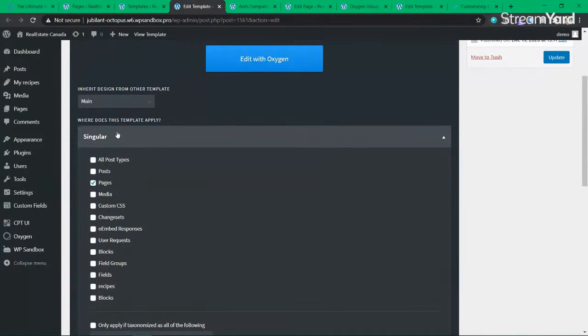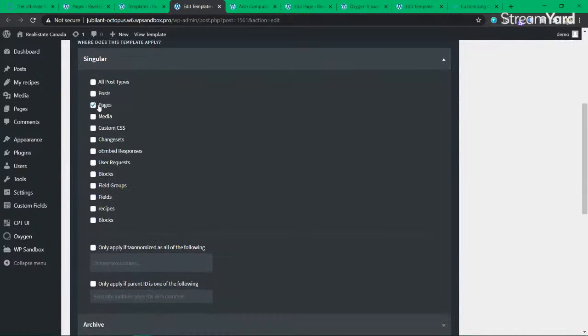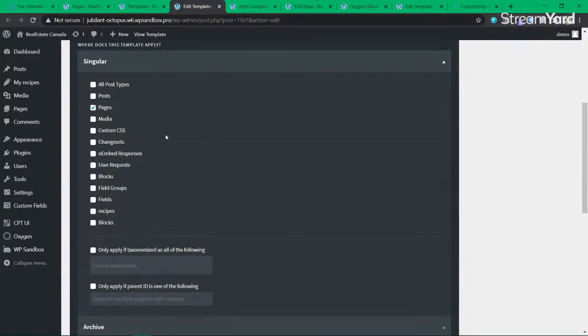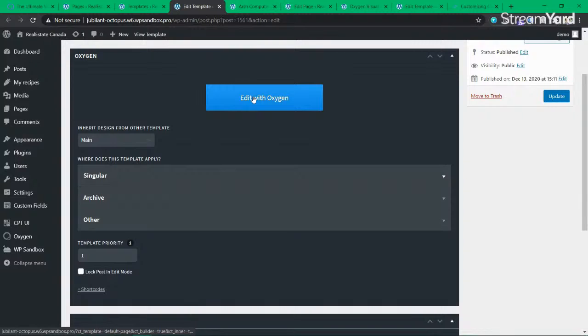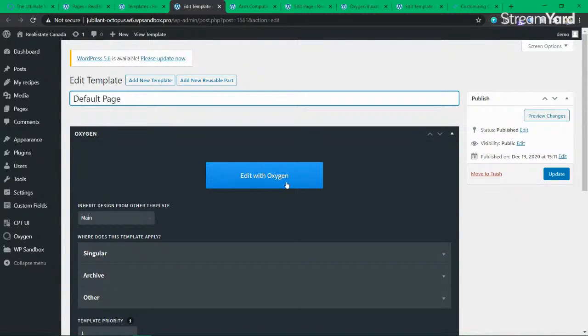You can see if you go to singular, it has selected pages. So all the pages will inherit this design. So let's see what is inside the default page design, the template design. If we go inside,